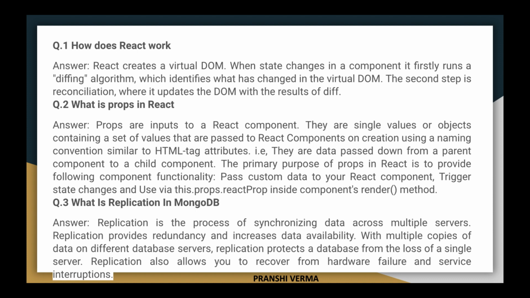Replication in MongoDB provides several benefits, including high availability. Replication ensures that data is available even in the event of a hardware or network failure. Scalability. By adding more secondary nodes to the replica set, you can increase read capacity and distribute the load across